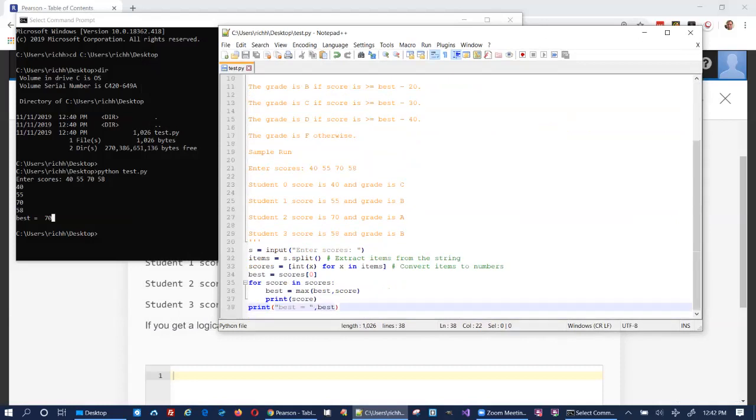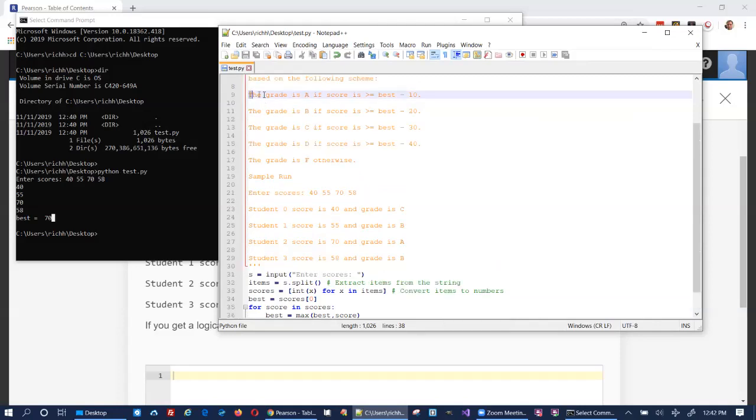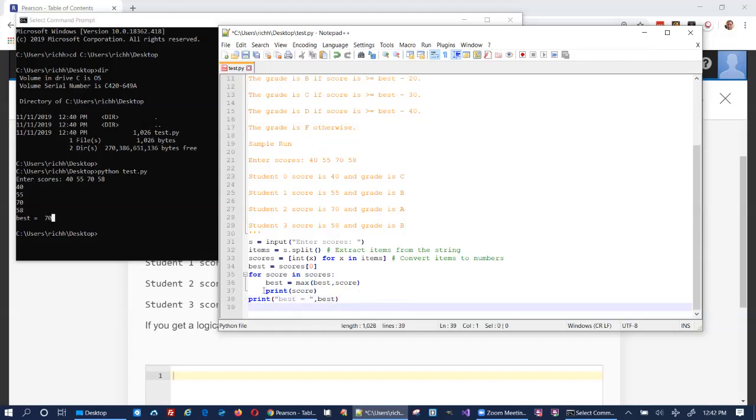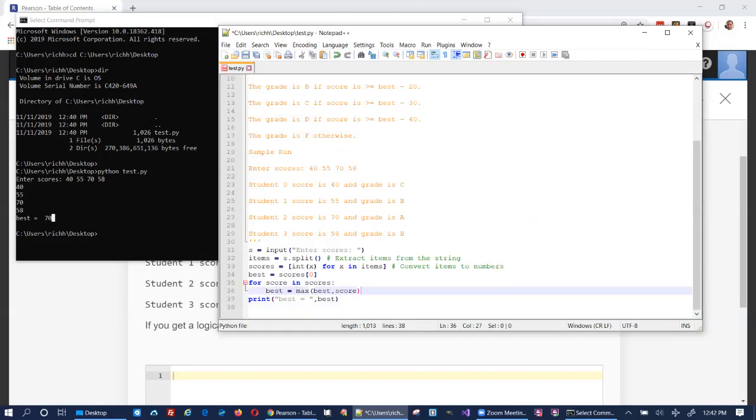Now that we've got the best score, we just need to loop again and do this logic here. If the score is greater than or equal to best minus 10, then the grade is an A. So let's start over here again. I'm going to take this out of here because I don't need that anymore, and I'm going to take this out because I already know that it works. So I'm going to say grade